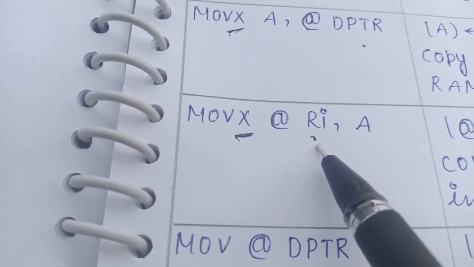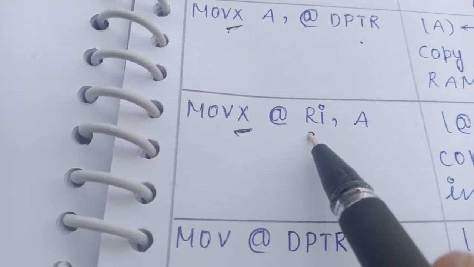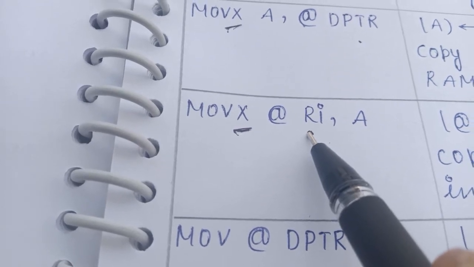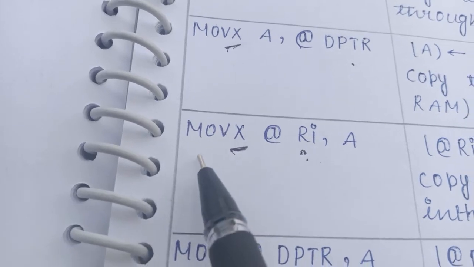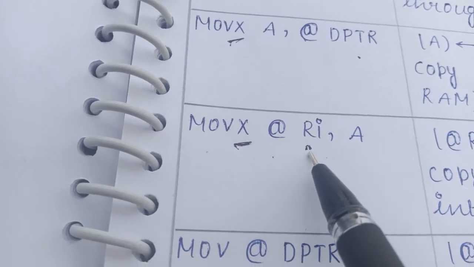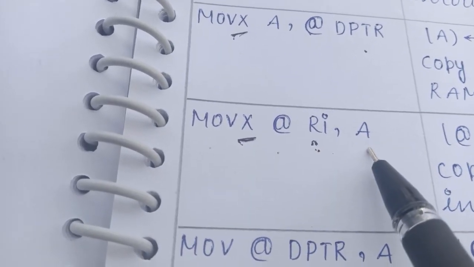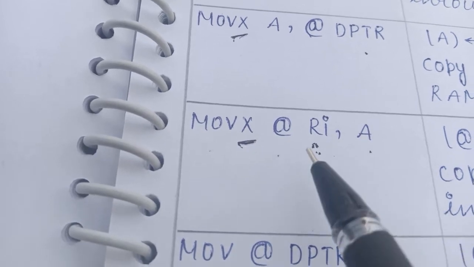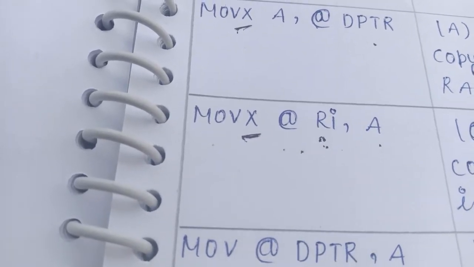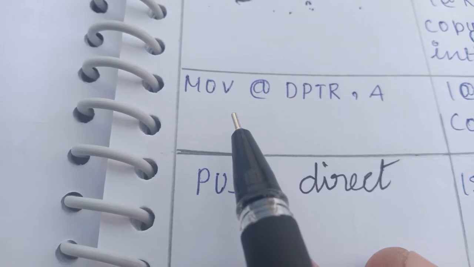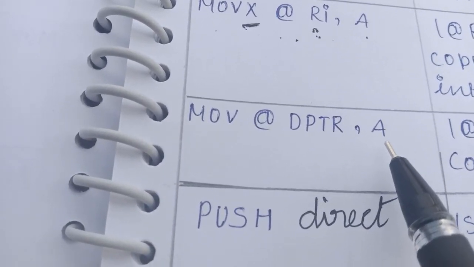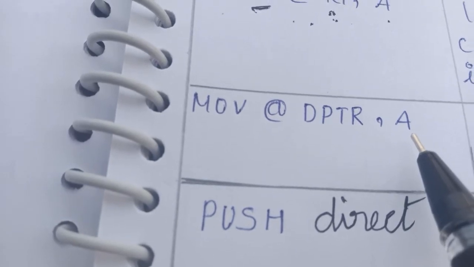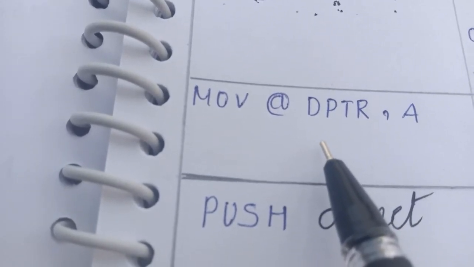In that case, @Ri means an on-chip RAM location, that is, an internal RAM location. But in this instruction, MOVX @Ri, A means move the content of the accumulator to the external RAM location addressed by Ri. Next, MOVX @DPTR, A: move the content of the accumulator to the memory location addressed by the